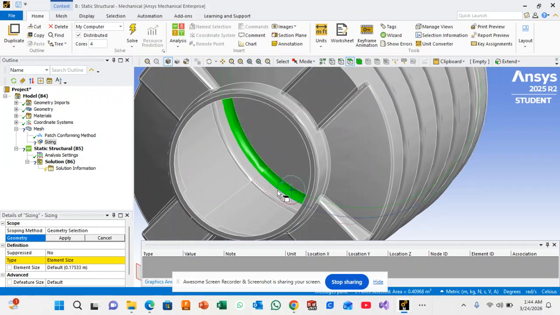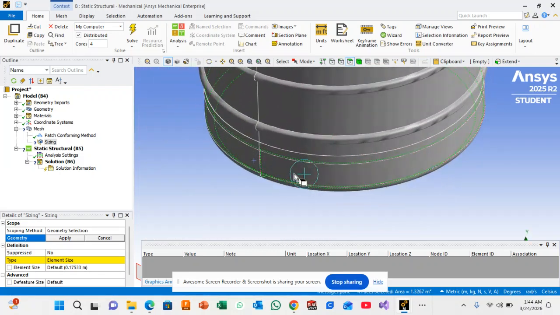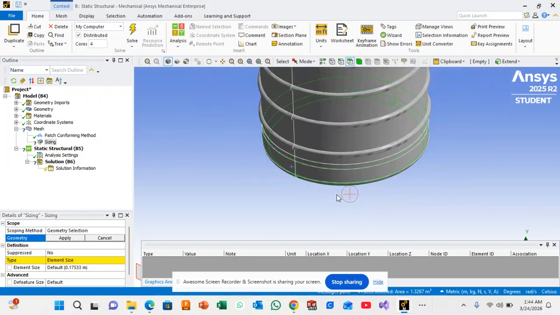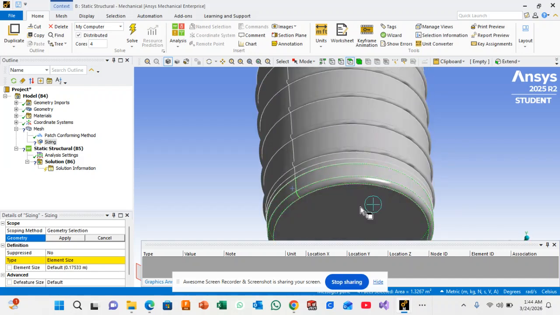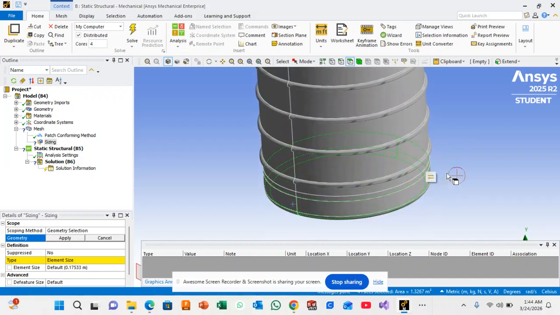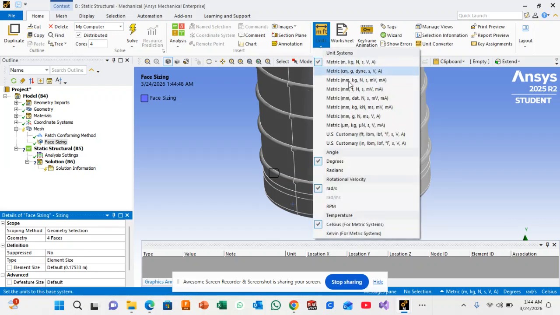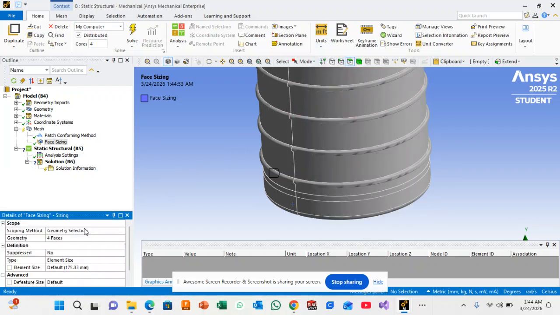I click on this, hold the control key, and then select this near-bottom inside face, because the water is going to act on the inside face, not the outside, and the bottom part is going to be fixed, so I don't really need to do that. I apply, and then let me change the unit to millimeter first. Yes,